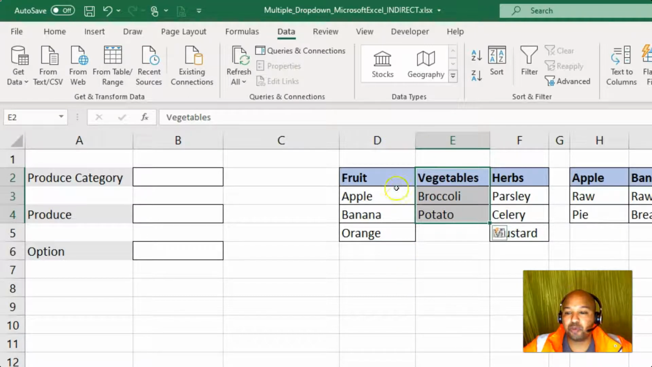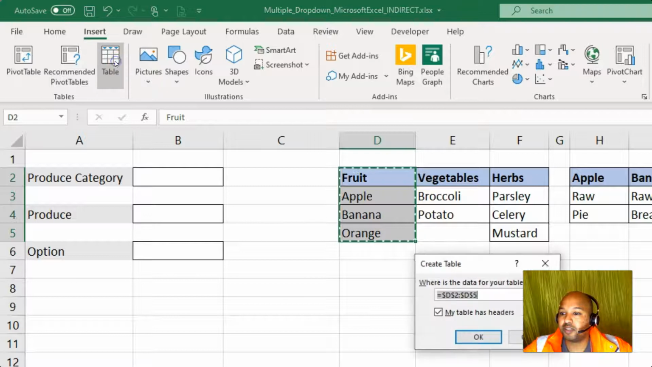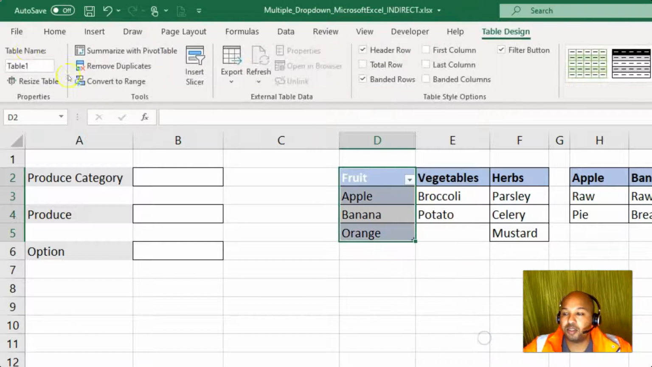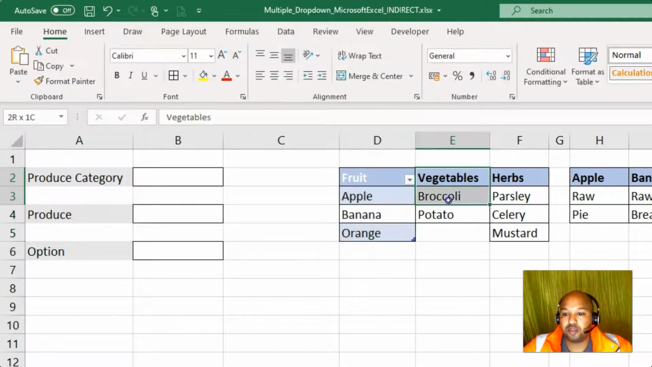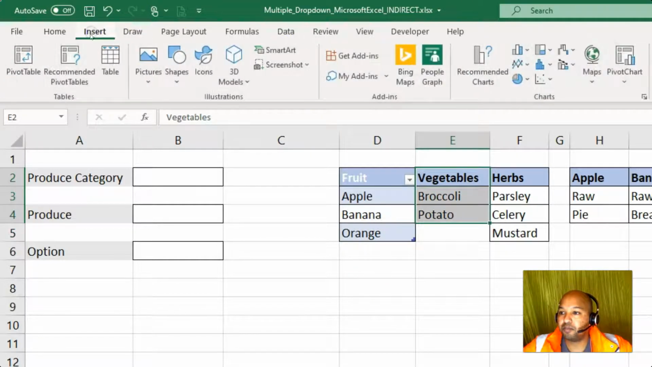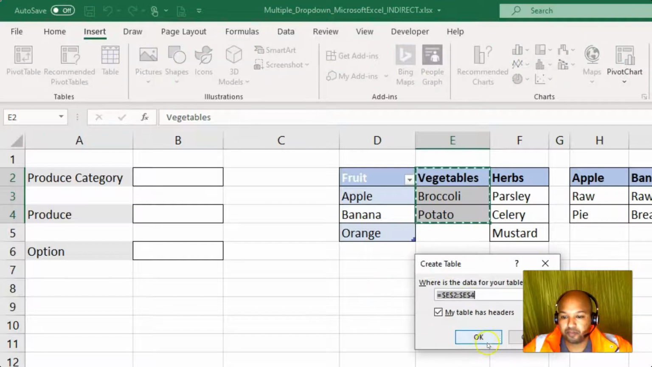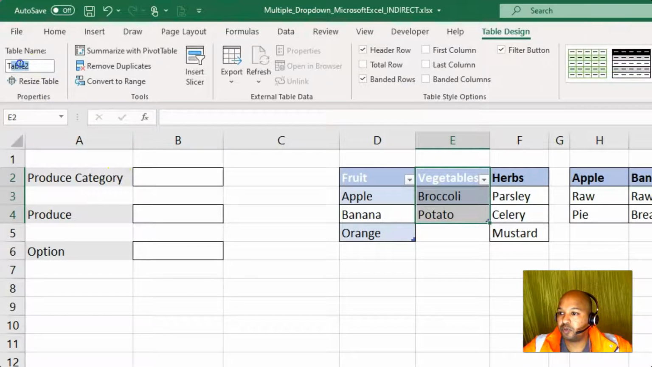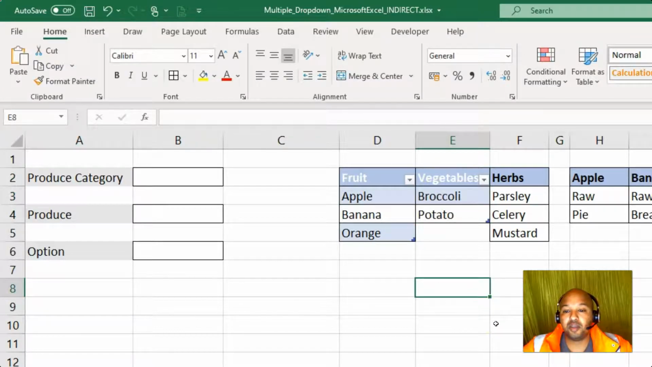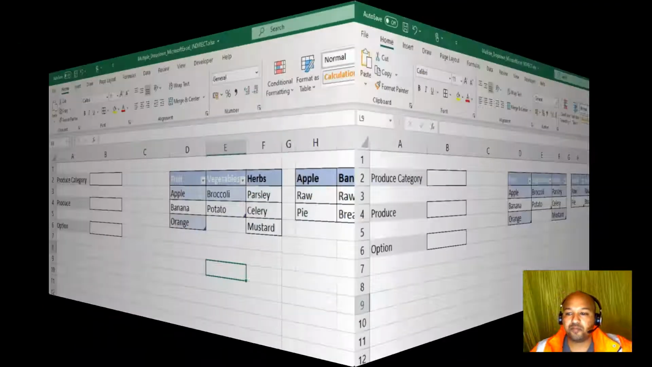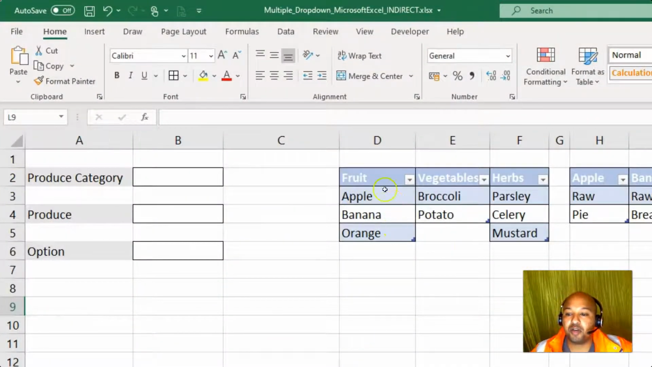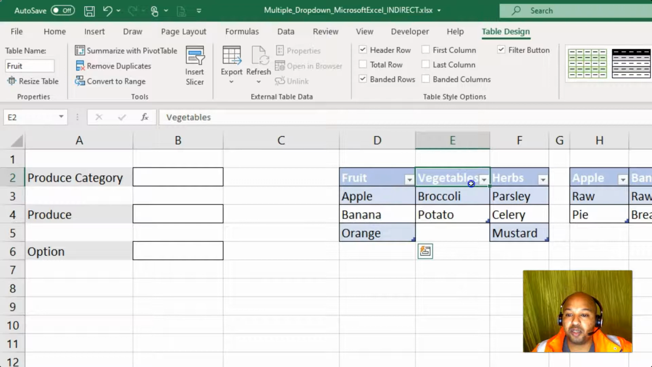So this is the tedious part where I will have to select the entire one, go to Insert, Create Table. Yes, it has headers. Then we'll see the table name I need to change to its header name. So I'll change that to fruit. Then vegetable, I'll do the same. Call that vegetables. So I'll just quickly do all of them and then I will get back to you when it's done. All right, so we have now gone and created a table for each one, given them their name